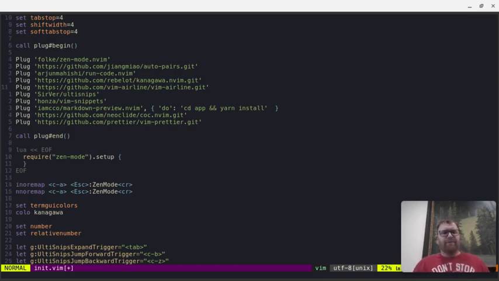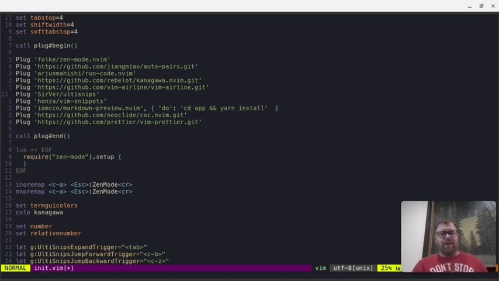All right. After that, I have Vim Airline, which gives me this colored status bar. I'm not using any specific airline theme. I think the basically default Vim Airline theme goes pretty well with the Kanagawa theme. Okay. The next two are important for creating my Markdown, and they're UltiSnips